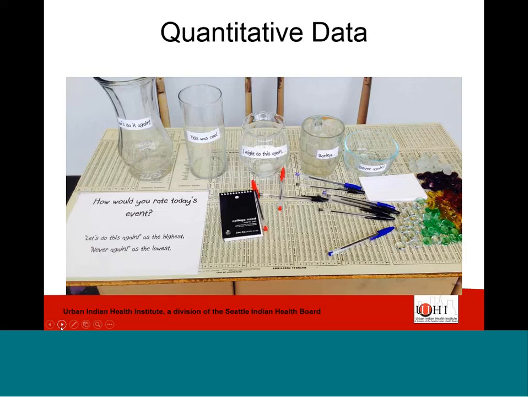Okay, so now we're going to move into quantitative data. And I want to direct you to the photo on the slide, because this was taken also from the Fresno American E-Health Project, and I wanted to highlight this because it's a very creative and youth-friendly way of capturing quantitative data. You can see in this particular example, and this is an actual event that occurred with youth, all the little glass